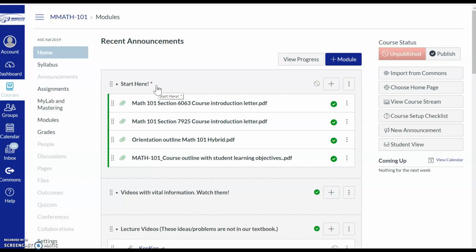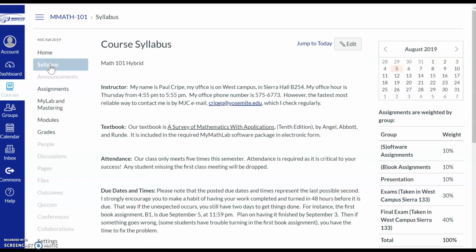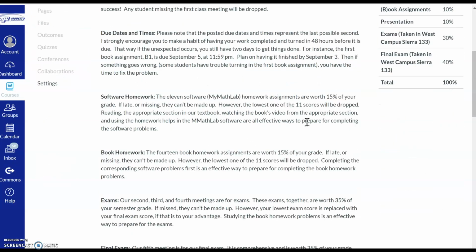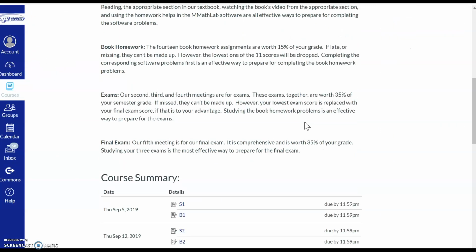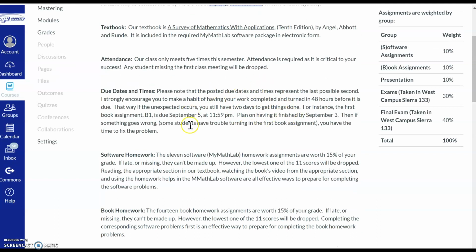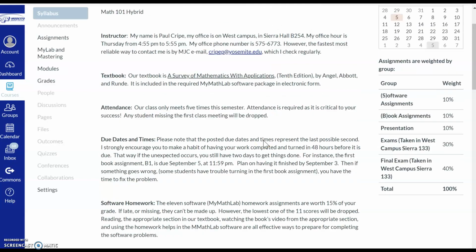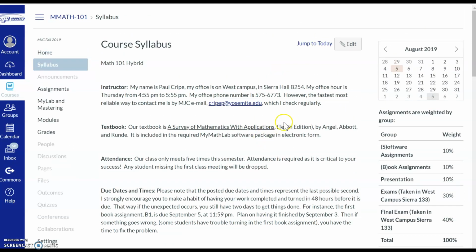One thing that I think is underutilized is the syllabus. So we're going to click on syllabus here and see what it has to say. The first part of the syllabus is me writing to you, and I think that this has some important stuff in it, and I hope that you read this and think about it, because it answers a lot of questions, I hope, that you would have. Some students notice this slimmed down version of the calendar up here. They notice a little bit of shading. They're not totally sure why it's shaded, but